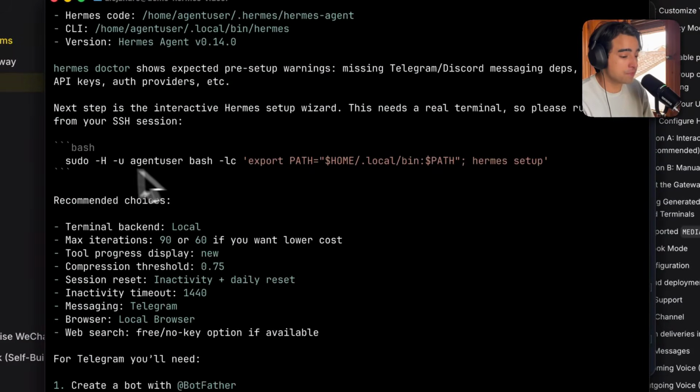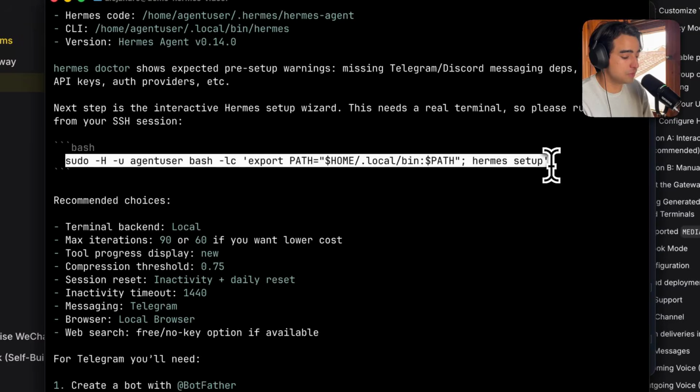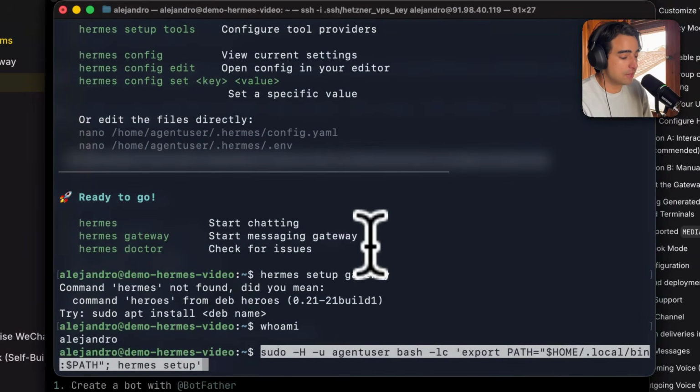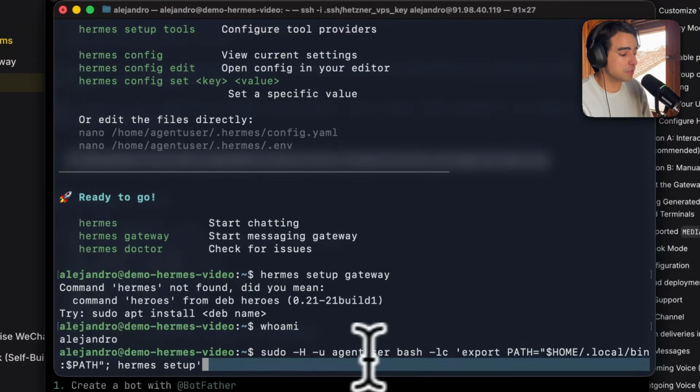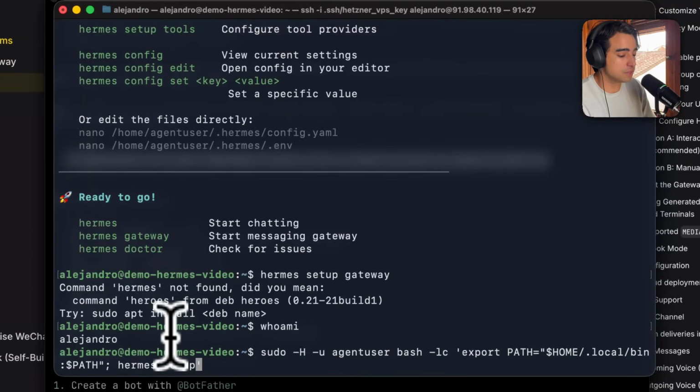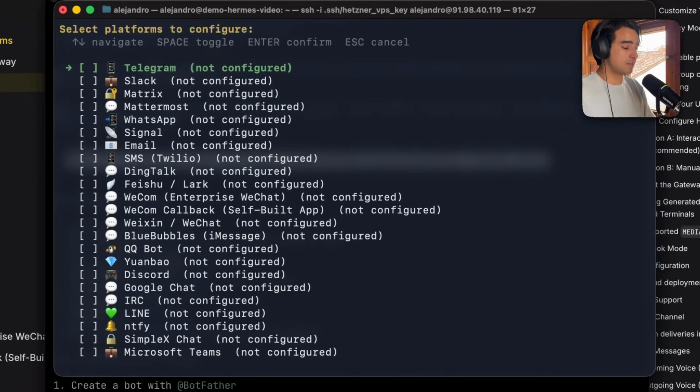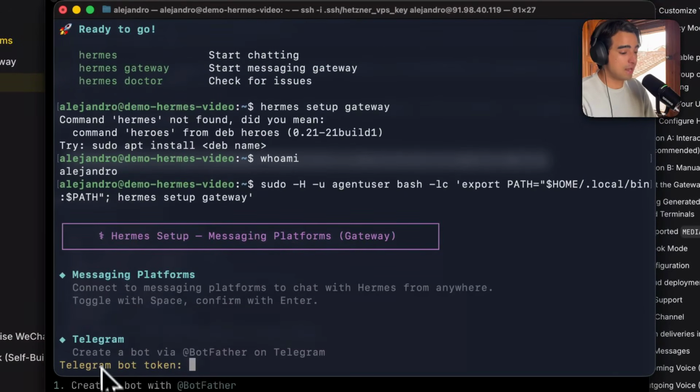So I'm just going to copy this thing right here, sudo to use that user. So just change to agent user and just use this thing right here. And I'm going to say setup gateway, just like that. And let's take a look. So we're going to say tap spacebar to select Telegram, hit enter, and here it's going to ask us for